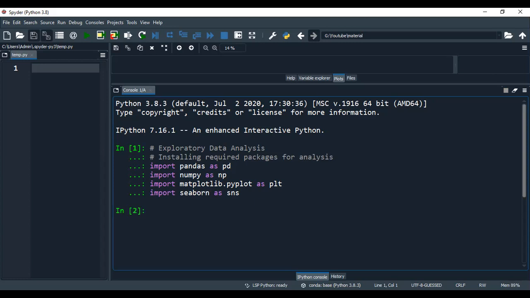So it has been successfully loaded. Now let me read the bank data set, loading data from a CSV file.